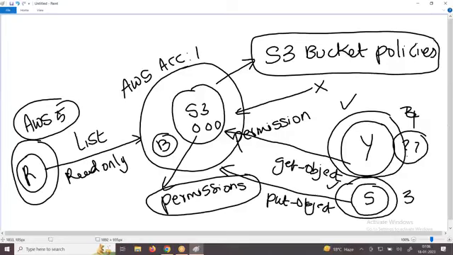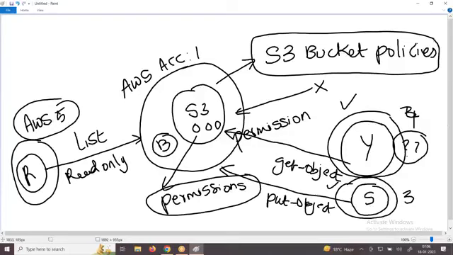How do I provide my AWS S3 bucket permissions? Bucket permissions are given with the help of AWS S3 bucket policies. If you don't know AWS S3 bucket policies, it is impossible to get a job. I'll explain this two times, because you have another topic called IAM, Identity Access Management, with IAM policies.